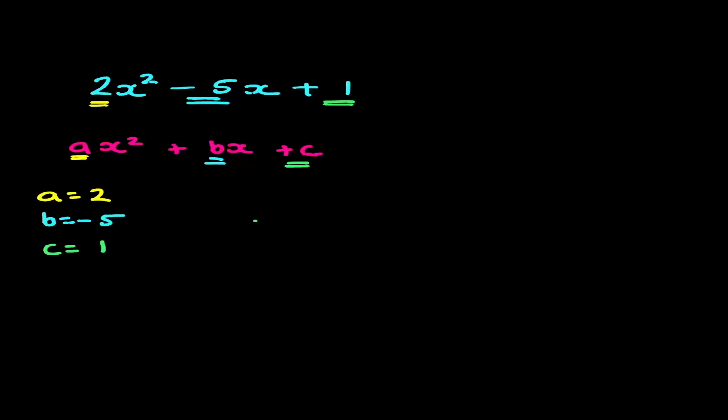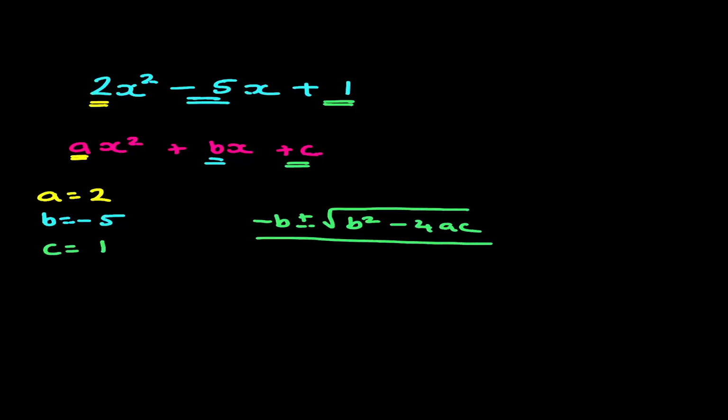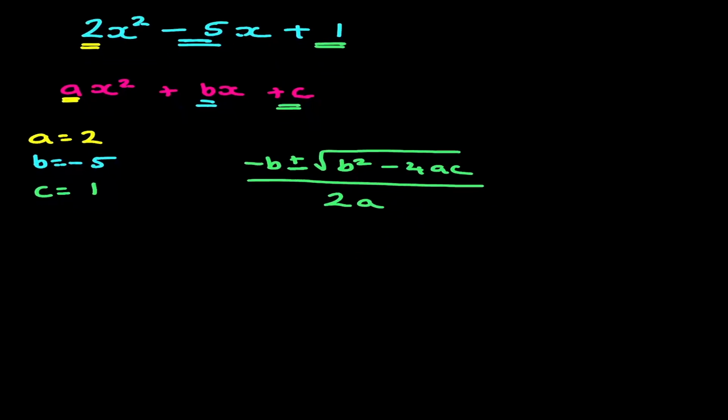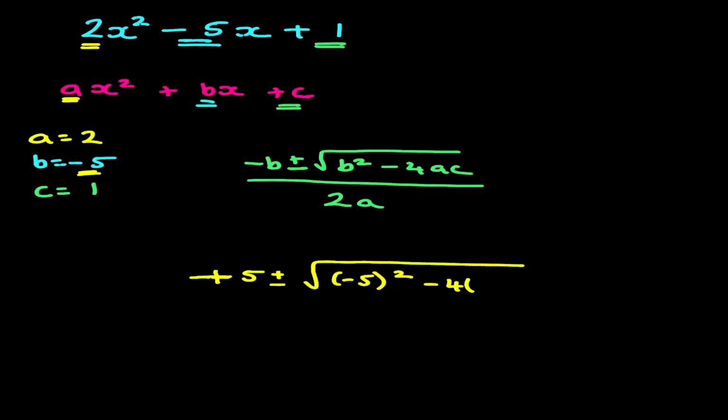Then you write out the formula, which is negative b plus or minus square root of b squared, take 4ac, all over 2a. And then you just plug in the values. Just be careful of your negatives, okay? So just be extra careful. So we've got negative b, and b is negative 5, so it's negative 5. And whenever you get a double negative, it becomes positive, and then it's plus or minus square root of b squared. So because it's negative 5, I like to put it in brackets. Take away 4ac